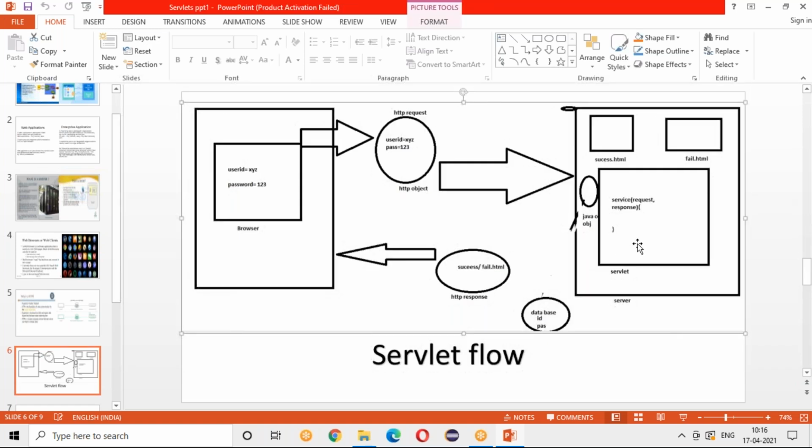Now your Java object again will be converted to the HTTP response by your servlet container, and it will be sent back to the browser with the HTTP response, whether success or failure based on the request that you gave, and you are able to see it in the browser. So this is nothing but the normal flow.